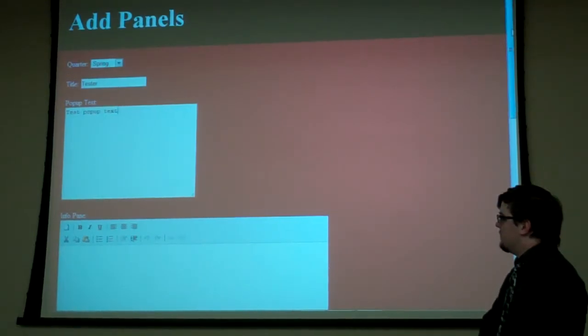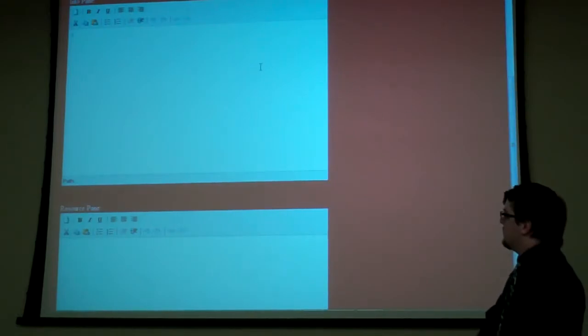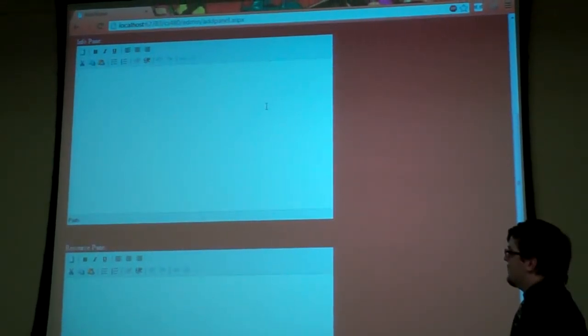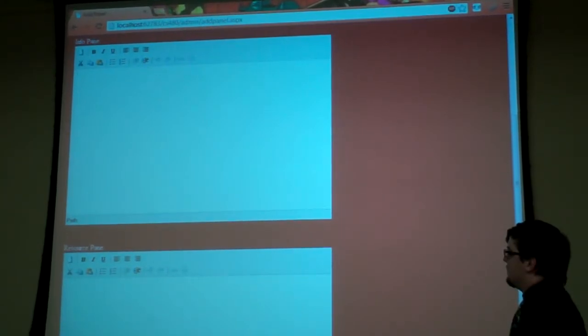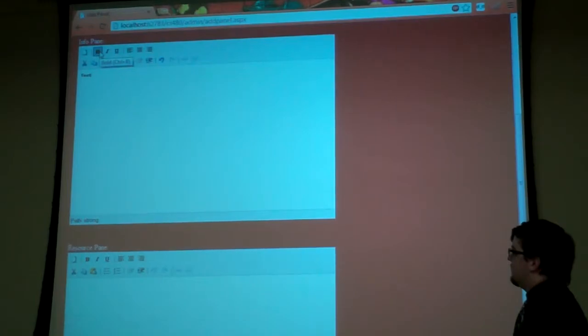And beneath those, we have the information and resource panes. And we're using a jQuery plugin for an in-browser text editor to assist with the data entry features of our site. So if I wanted to make bold text, I could say text. I could also italicize, underline,